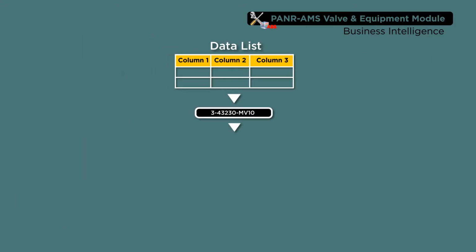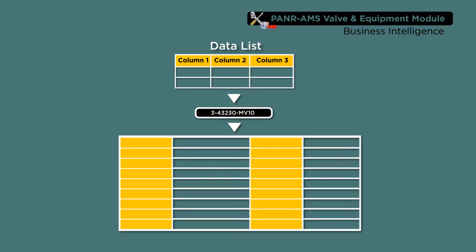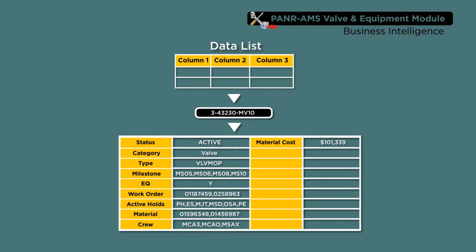A single line item in the data list section provides complete set of information for a valve or equipment, such as status, category, type of equipment, the various milestones where work is scheduled for the equipment, whether this equipment is EQ related, complete set of work orders for the equipment, active holds, materials, crew working the equipment, the total material cost for the project, the earliest date to work this equipment, the last date scheduled to work the equipment,